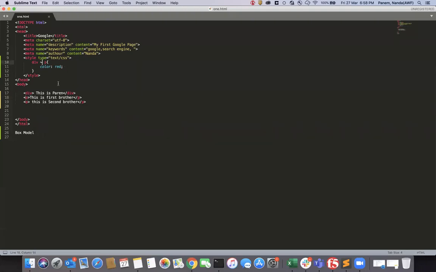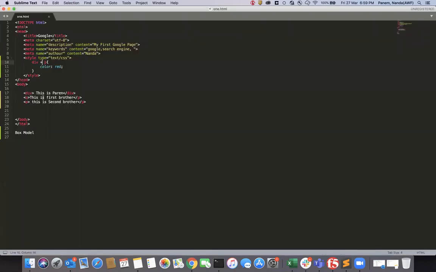Suppose I provide a plus symbol. If I execute this, you will get color only on the first one, because this is an adjacent sibling. You have two siblings, but which is the adjacent one? This paragraph is adjacent.